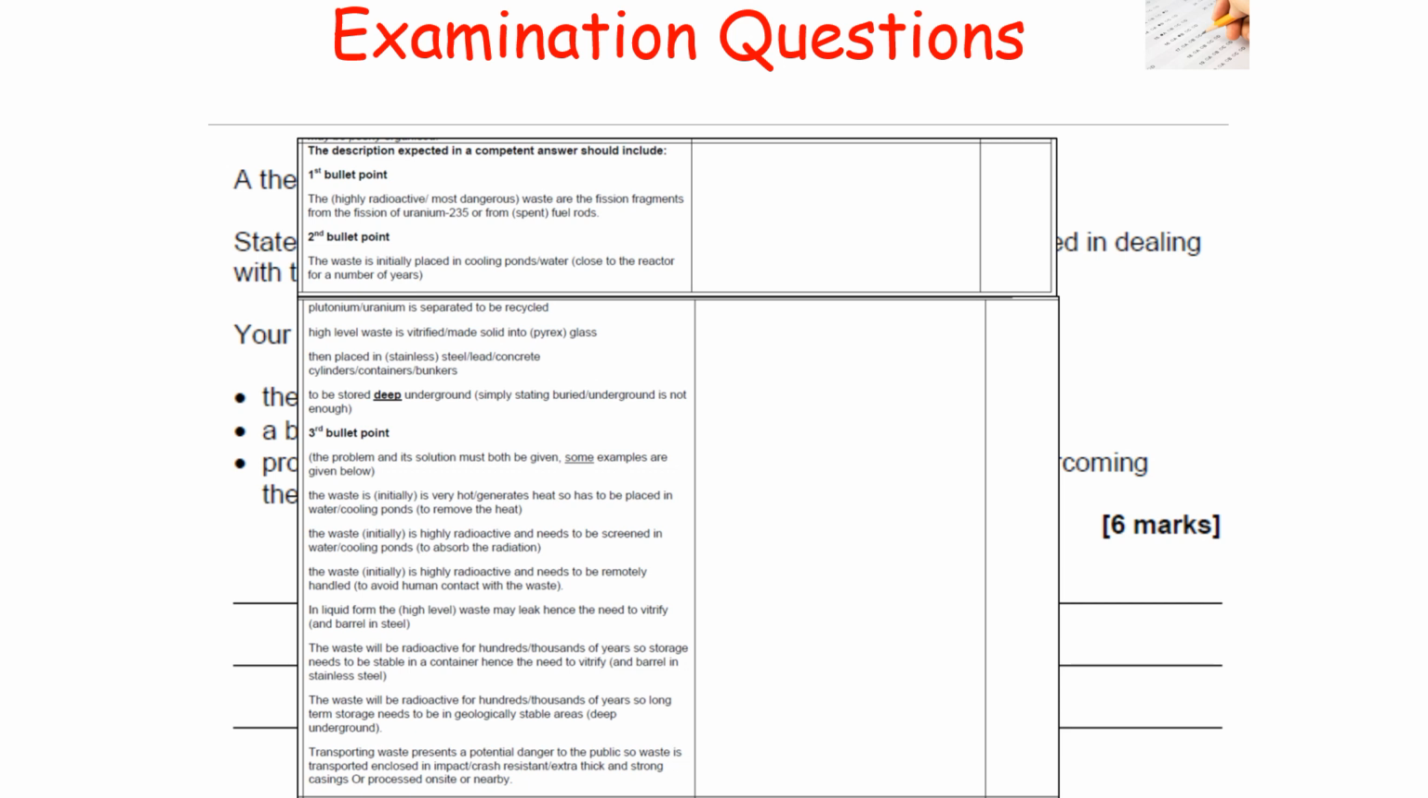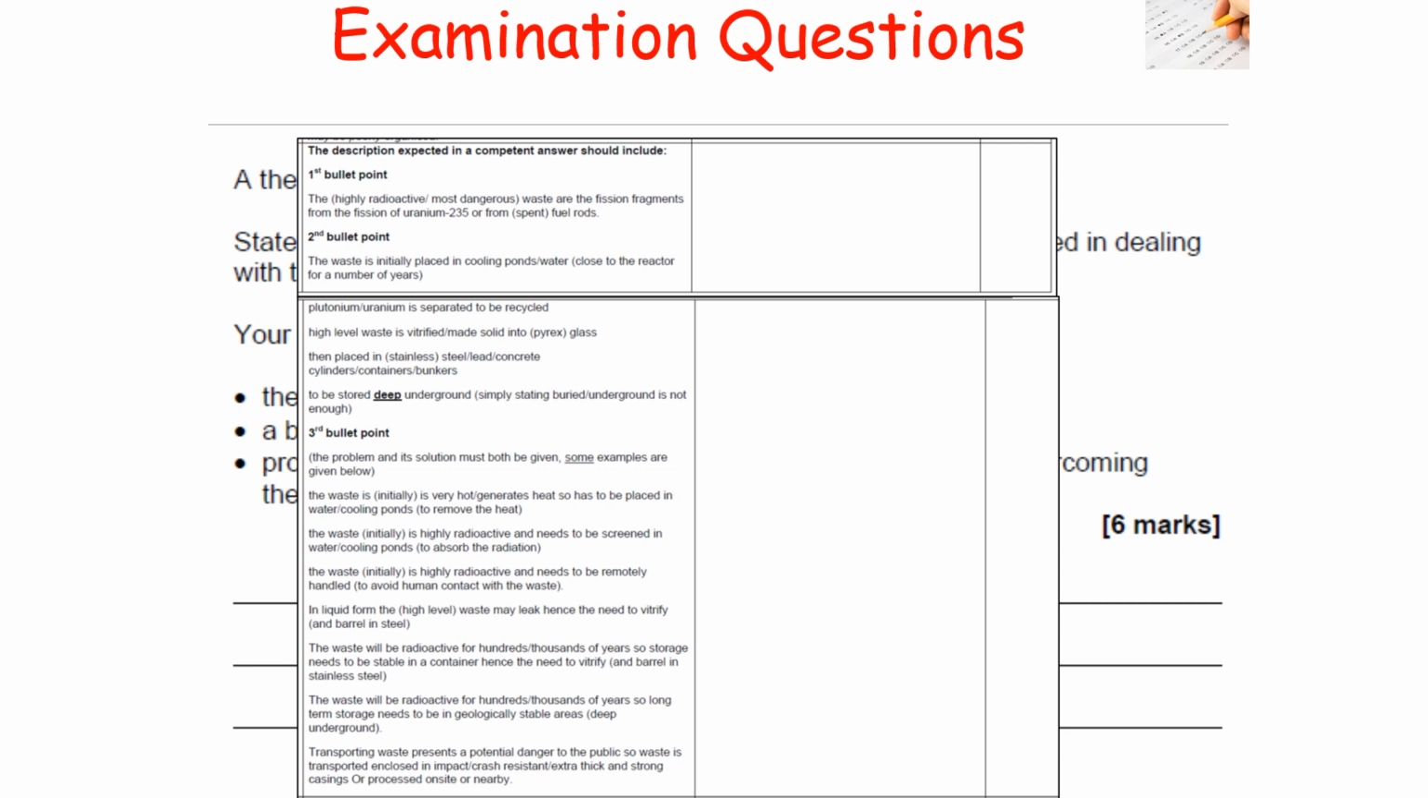Then the plutonium and uranium is separated in a reprocessing plant and then is recycled into further fuel rods. The high level waste left behind after this process is then vitrified, so it's made into solid glass, and then it's placed into stainless steel or lead or concrete cylinders and bunkers, which are stored deep underground. So it's very, very important that you say it's deep underground, and in the UK it's monitored very carefully as